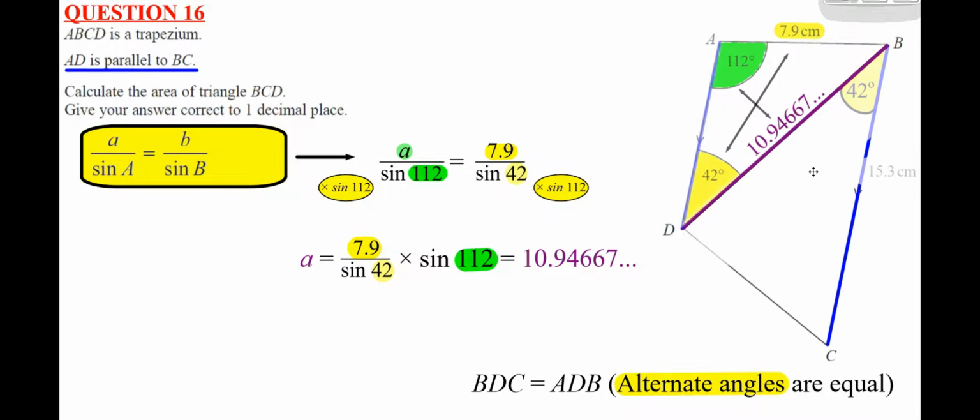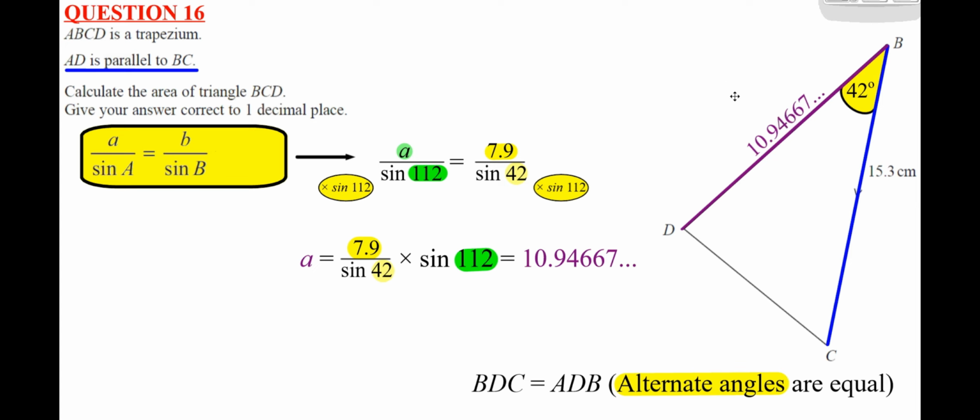So if I now bring it back and get rid of the one we've just been working on, that one served its purpose. It's generated the information we need, so we don't actually require that triangle anymore. We can now see we have a triangle. We know an angle of it and the lengths of the two sides surrounding the angle we know. If ever you have a triangle, and this is the case, where two sides are known and the angle in between them, we can use the